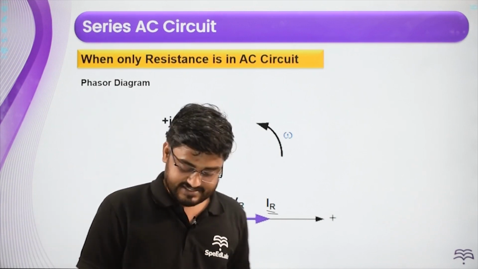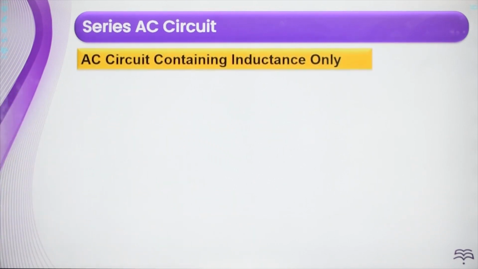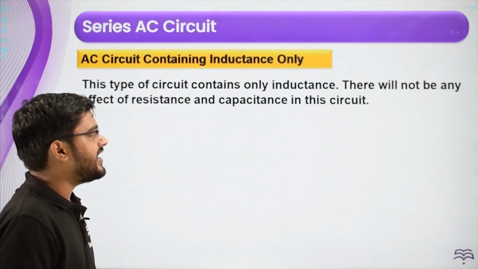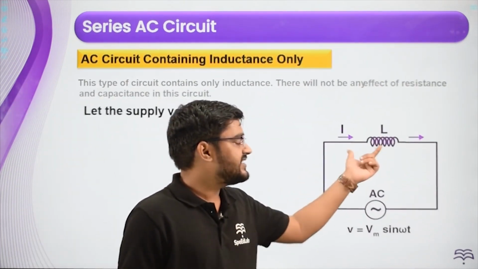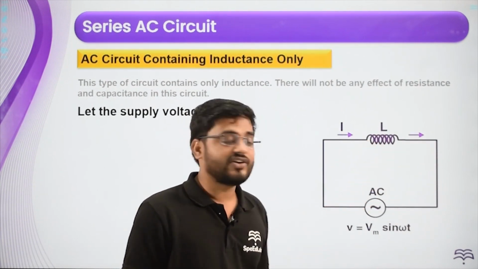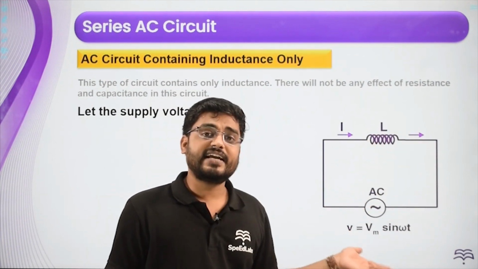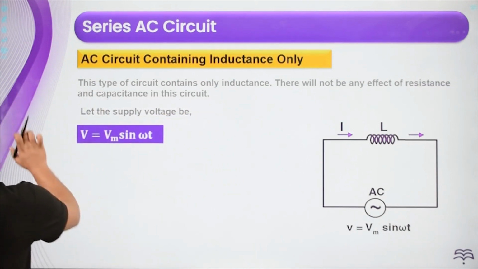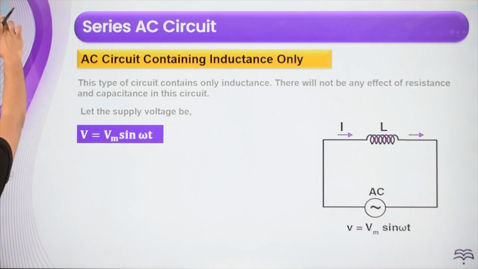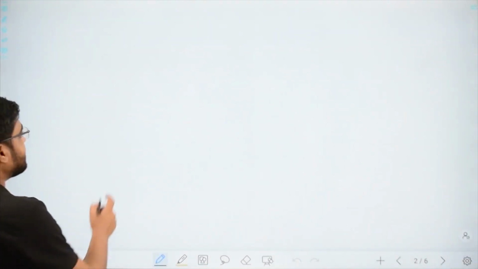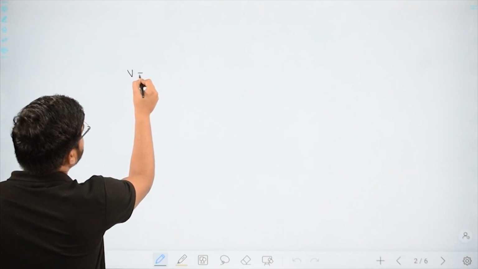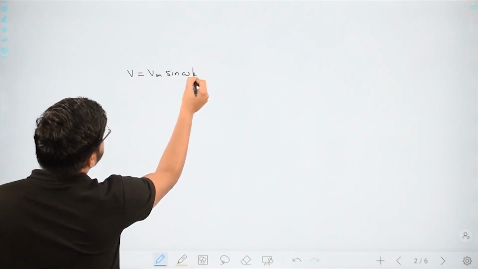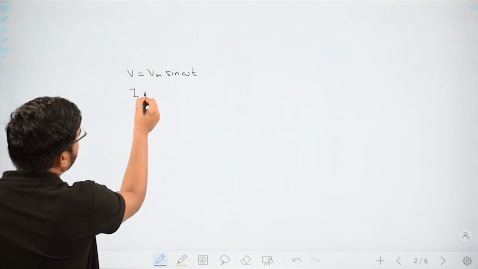So let us discuss the next case where we are connecting an inductor. Here instead of a resistor, we are replacing it with an inductor. This is a single inductor connected across a voltage source, and this is again an AC voltage source. Let the voltage be Vm sin omega t. Now let us discuss the entire case. V is given to us as Vm sin omega t. The idea is to get an expression for current.